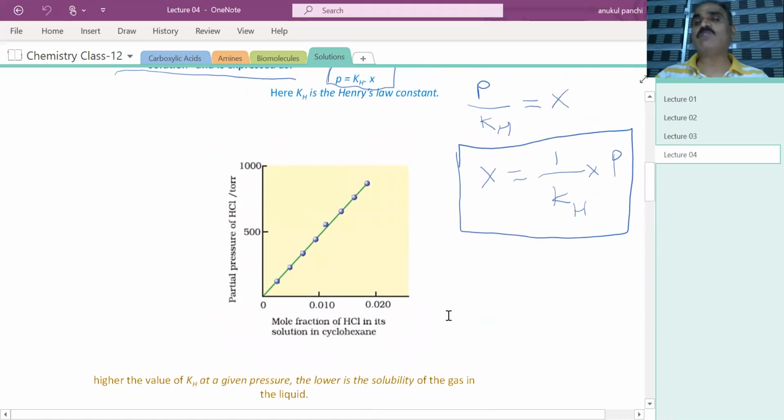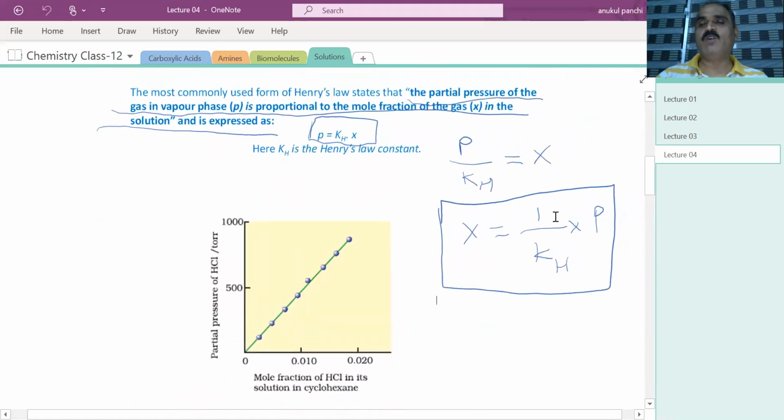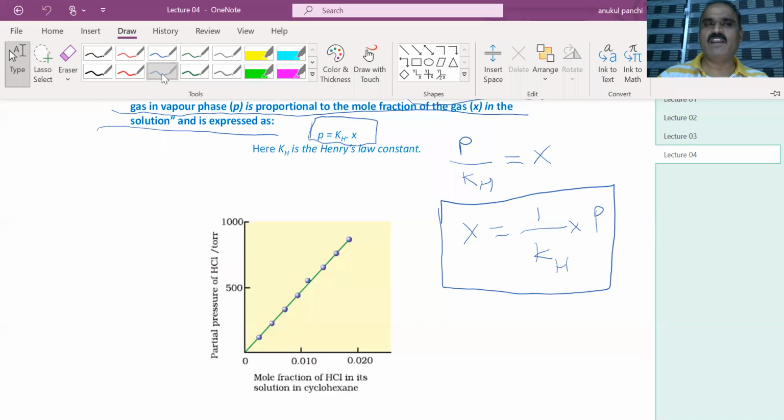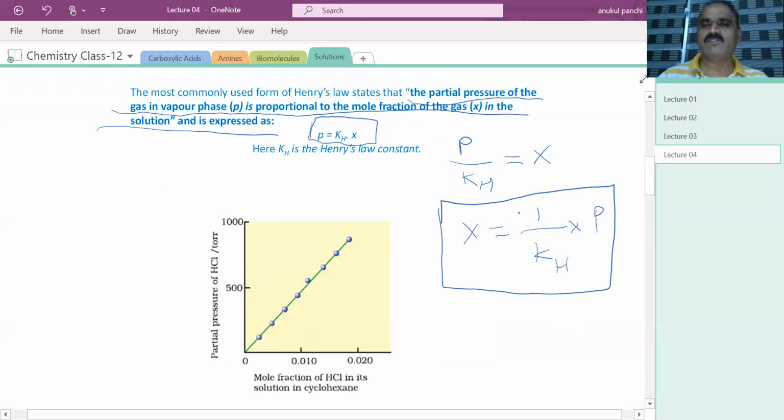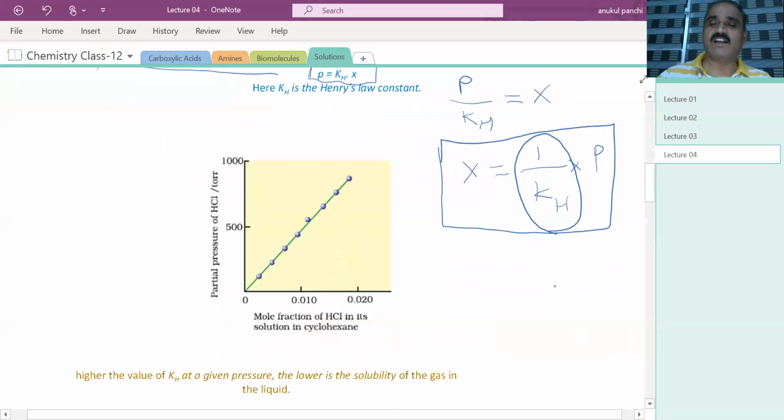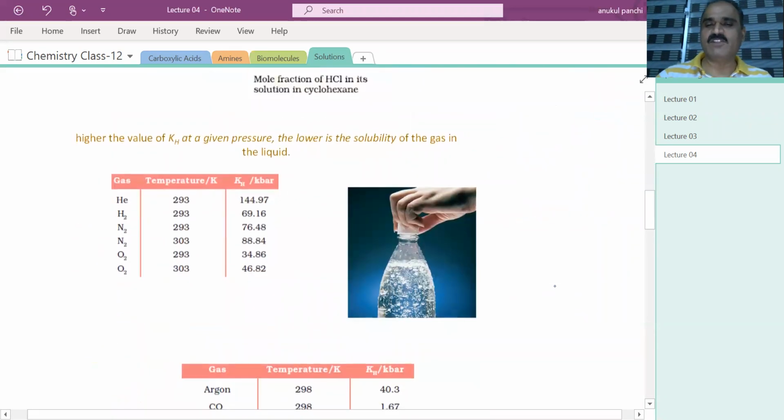But if in some multiple choice question or in some numerical, you are given the value of 1 by KH, then everything will become topsy-turvy because 1 by KH is the reciprocal of KH. So if the value of KH is more, 1 by KH will be less. That you can analyze when you solve multiple choice questions and numericals. So this was about the